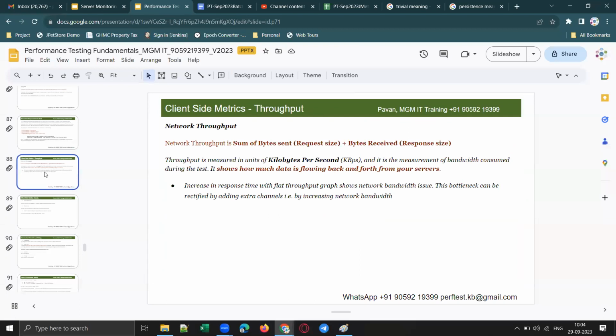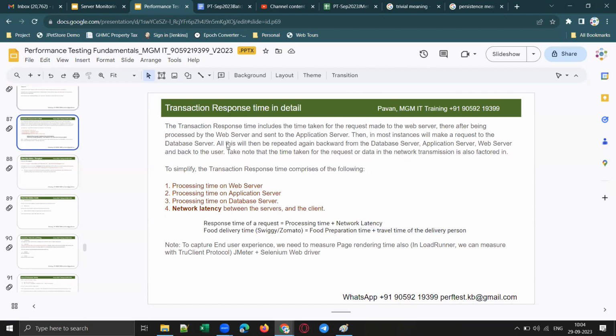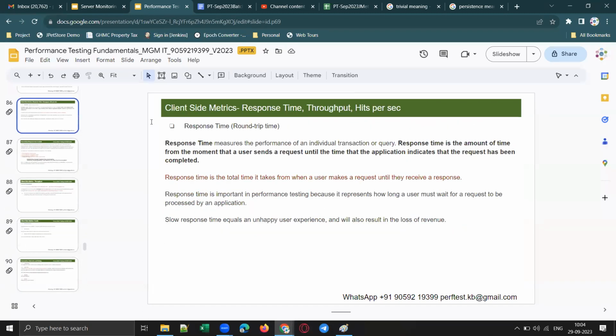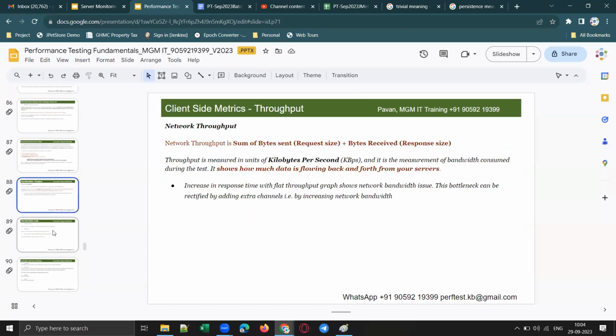So what is throughput now? The next client-side metric. We have three important client-side metrics: response time, hits per second, and throughput. Now let us understand what is throughput. Throughput has two types: one is client-side throughput, the other one is server-side throughput. This is client-side throughput